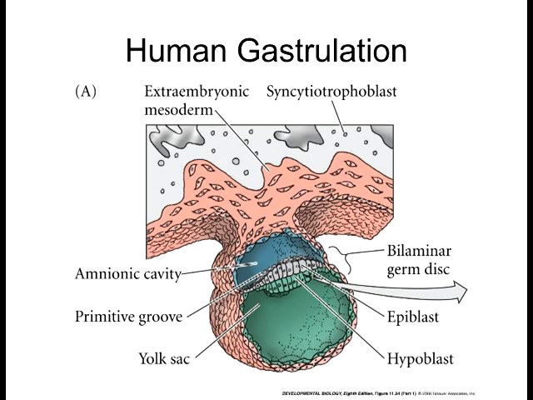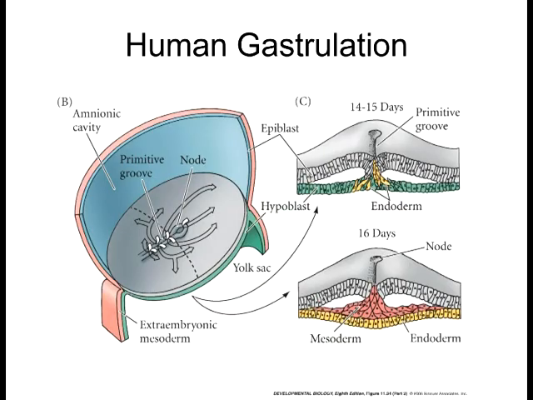Here, we've got the trophoblast cells that are on the outside. Here's the inner cell mass as it's been patterning during its journey down towards the uterus. Eventually, you form the epiblast and the hypoblast, identical to what you find in the chick gastrulation. The same thing is true. The hypoblast does not become any of the germ layers. It doesn't become mesoderm or endoderm, but it is also necessary for patterning. This is one of the reasons why using chick gastrulation as a model for human gastrulation teaches us so much